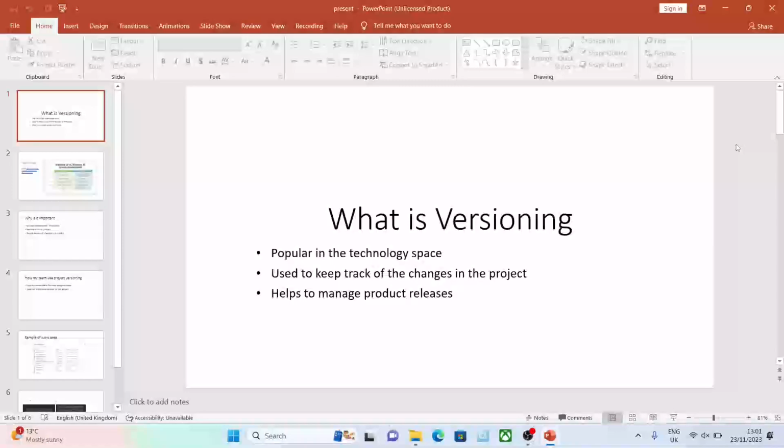For example, you may have version 1, version 2, version 3 of a software or project, and this makes it easy for developers to keep track of the changes.